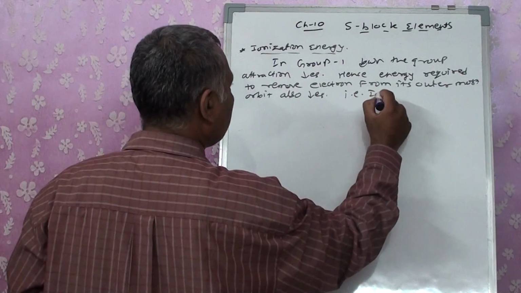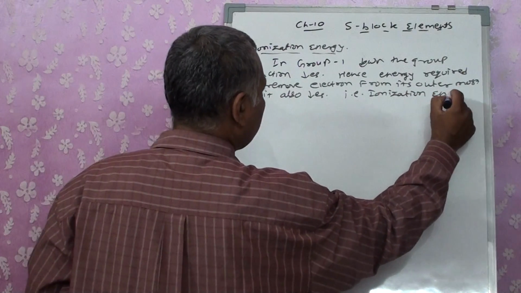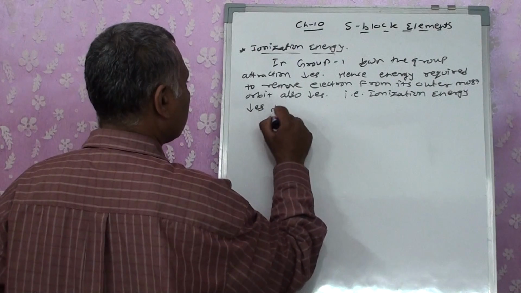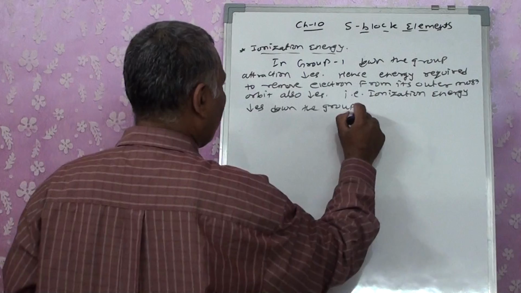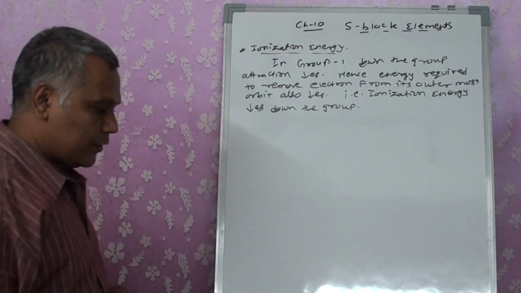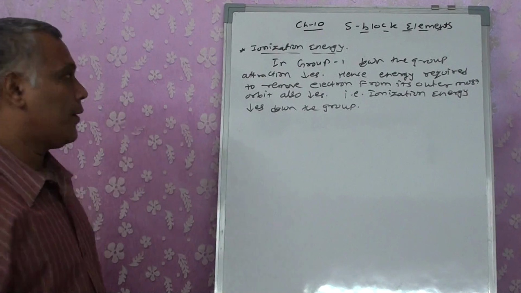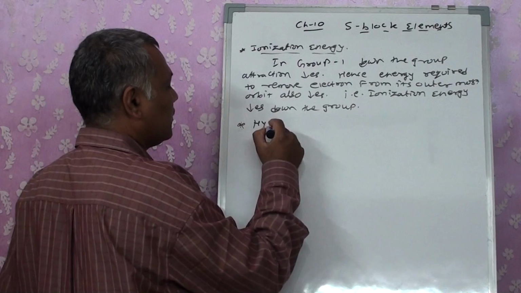That is, ionization energy decreases down the group. Ionization energy decreases down the group, right? Okay, next one we are having is